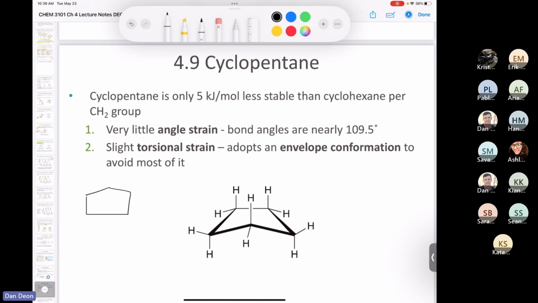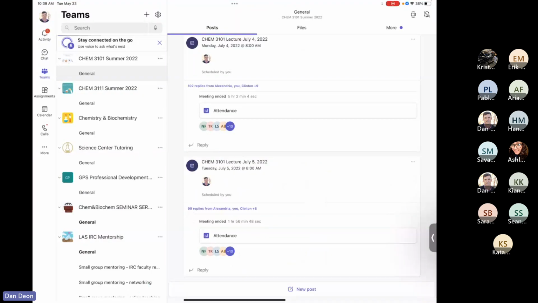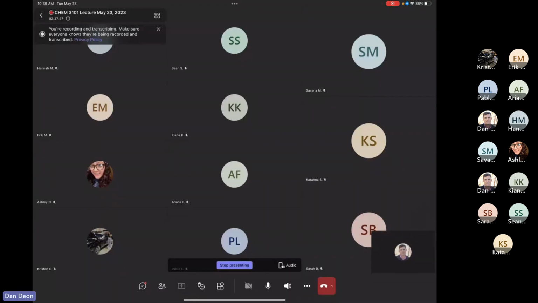I can make cyclopentane with my model kit. And what it does is it adopts what we call an envelope conformation. And so the bond angles are close to 109.5, but there's still some torsional strain, even though the envelope conformation avoids most of it. So let me go back to my camera here, and I'll show you what I mean with my model of